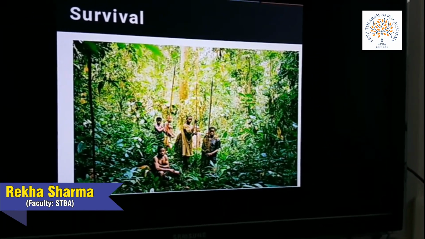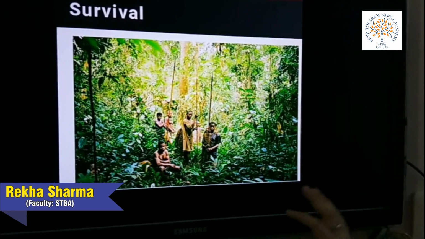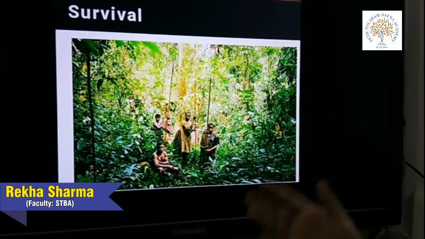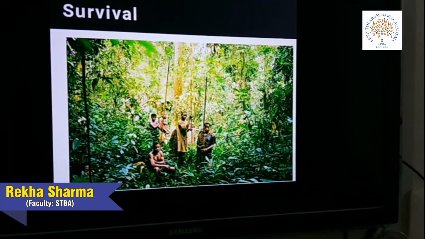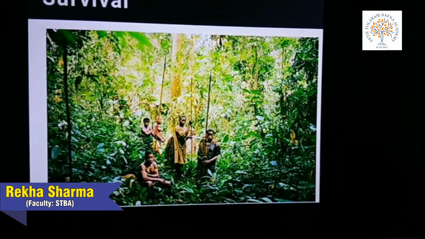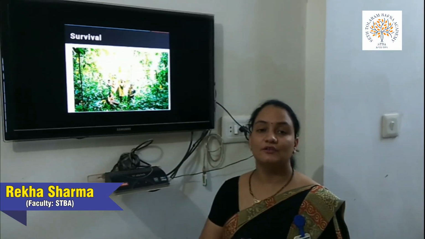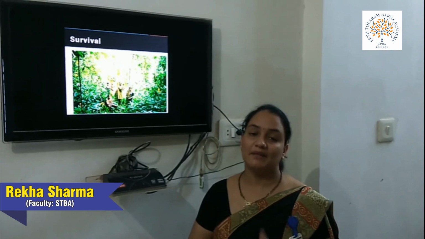However, unlike the pygmies, the Indians in the Amazon Basin practice slash and burn. This is a kind of cultivation. They burn the land and then they grow the crops. There are different types of crops grown here. They collect Brazil nuts, they grow wild rubber, and some other crops. These primitive peoples do slash and burn cultivation, as you know, and they grow different types of spices and other crops like banana, cocoa, coconut and rubber. These types of crops they grow, and they do their farming activities in this area.